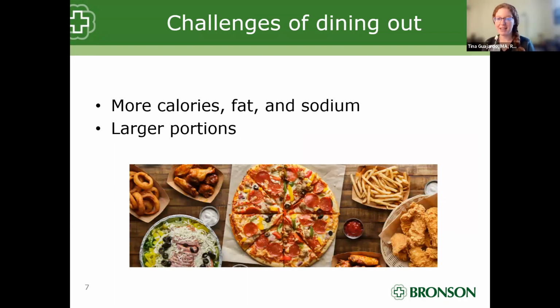There are benefits. But with dining out, there also come some challenges too, and that's what we're going to focus on. When we dine out, some of the challenges might be as listed on the screen. Meals tend to maybe come in larger portion sizes than we would serve if we were at home. And with those larger portion sizes tend to come more calories, maybe more fats, more sodium, and that tends to be the tricky part when dining out,